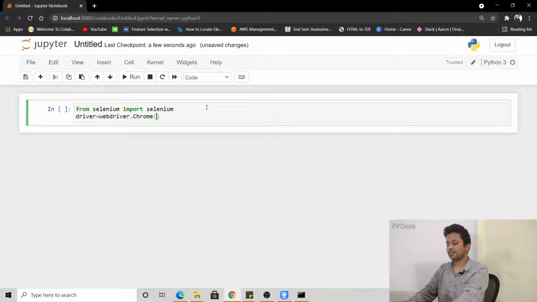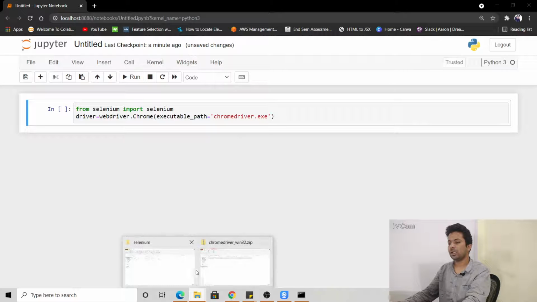brackets. Now you'll say executable_path, and I'll say chromedriver.exe. Basically what's happening here is I'm telling the path where my Chrome driver is.